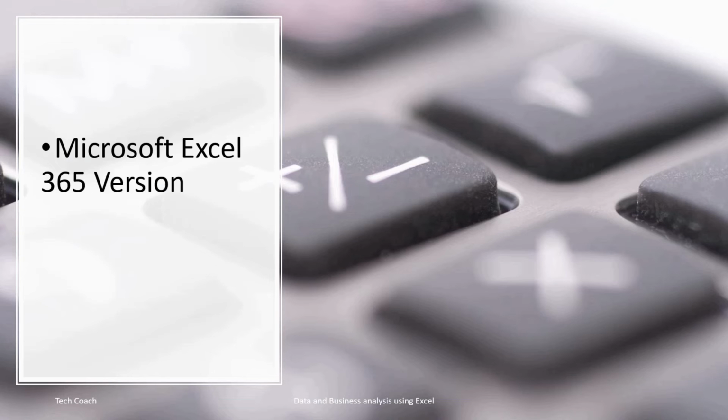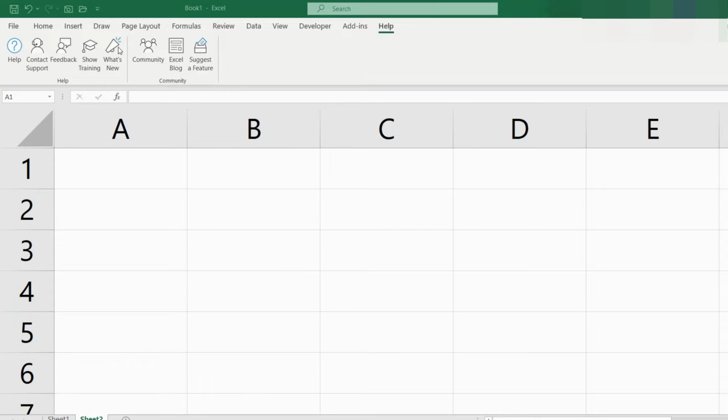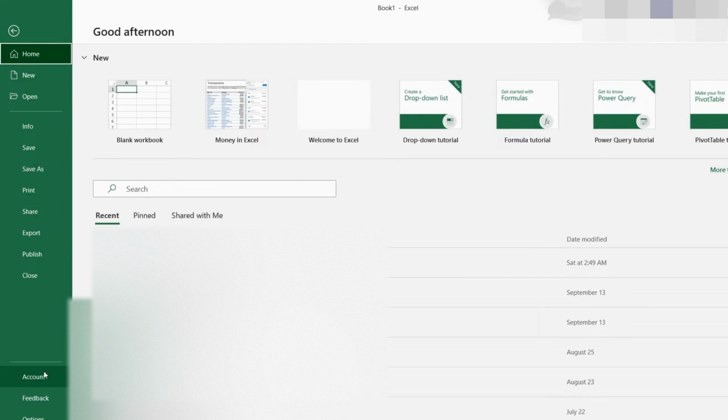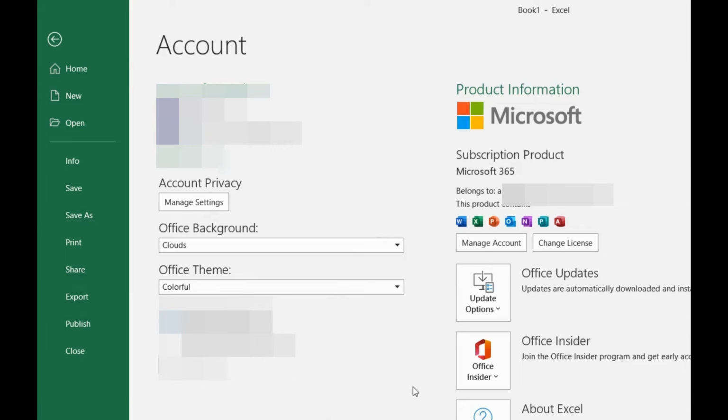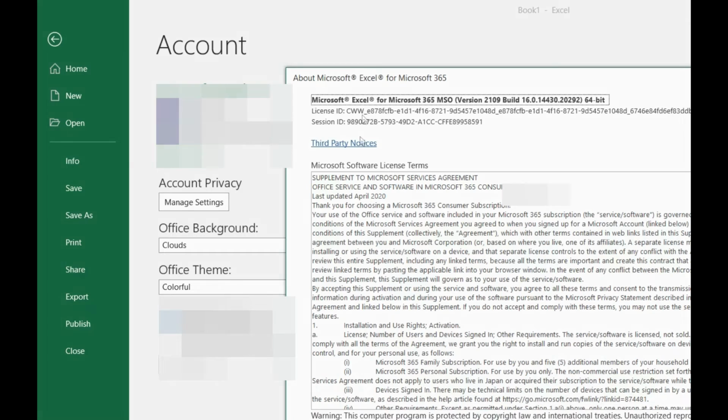In this course, I will be using Microsoft Excel 365. To find out which Excel version you are using, you can simply click on File, then go to Account and click About Excel. For example, in this laptop, I'm using 365, while for my other laptop, I'm using Office